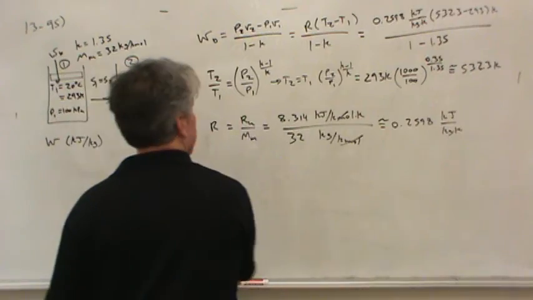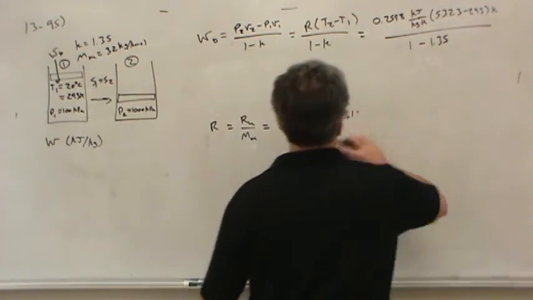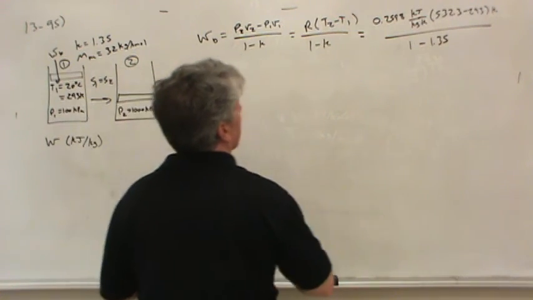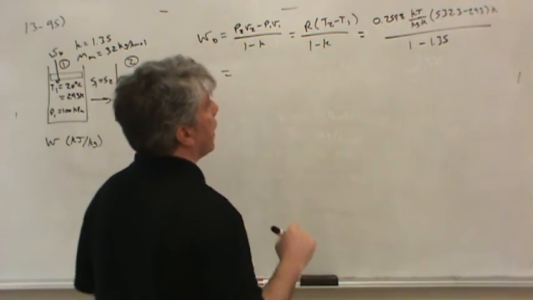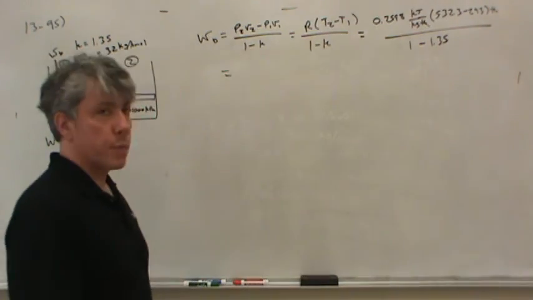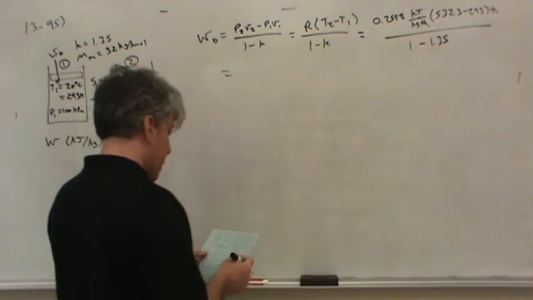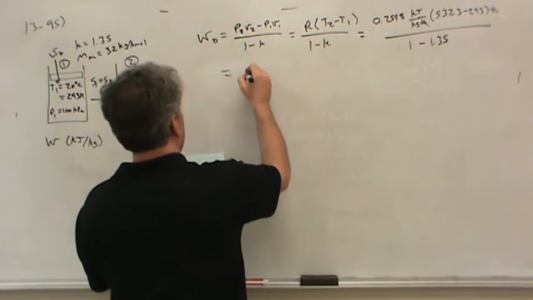Unfortunately I'm out of space here, so let me just erase this bit. And so plugging all that into your calculator, the Kelvins cancel, and we get the specific boundary work required out of this. So when you plug it all in, you get negative